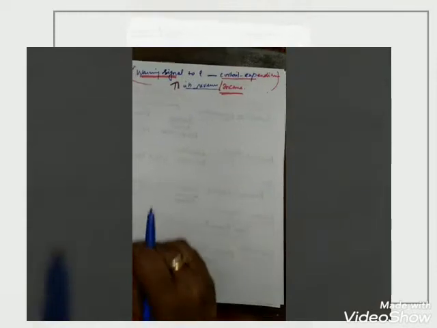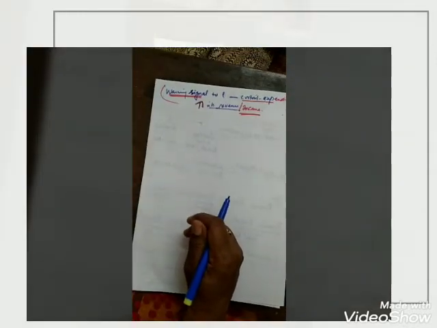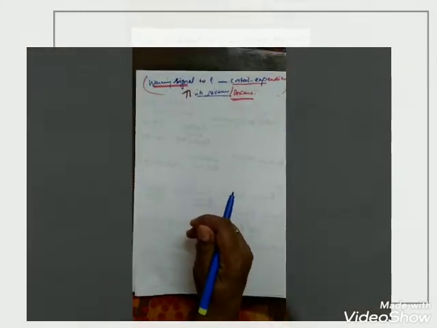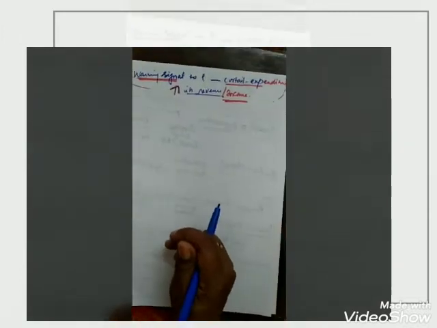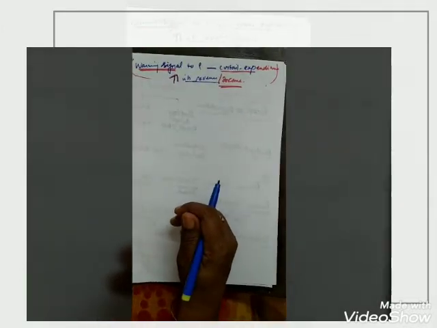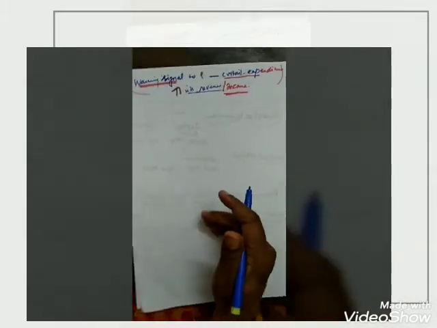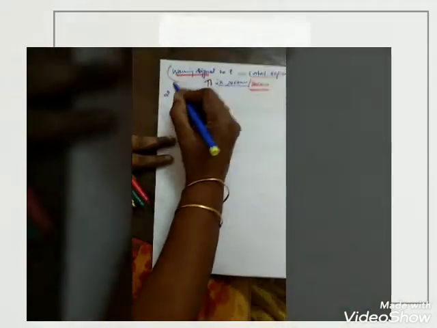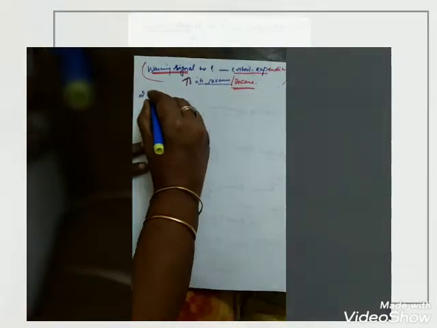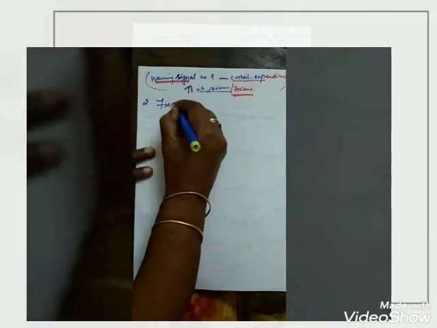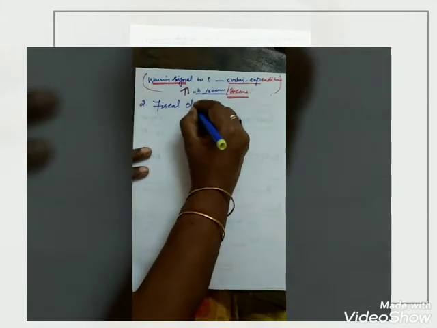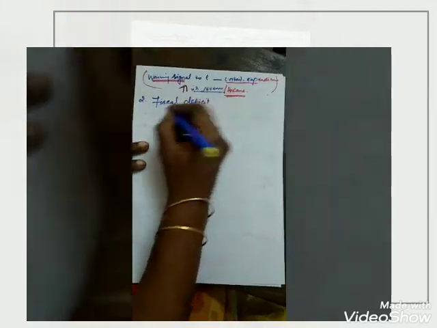Next one, it gives a warning signal to the government. In what way? Either you have to reduce the expenditure, or you have to increase your income by way of taxes and other ways. Is it clear? Come to the second type of deficit. This is called the fiscal deficit. Fiscal, I already told you, means finance. Which one will be greater?